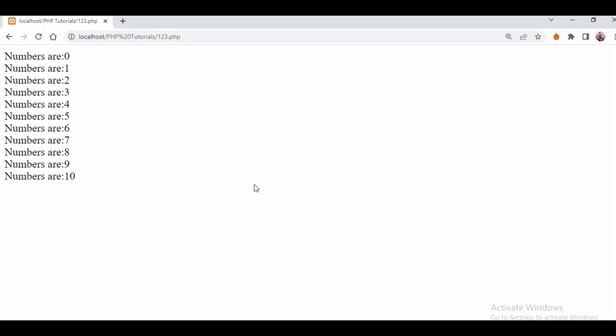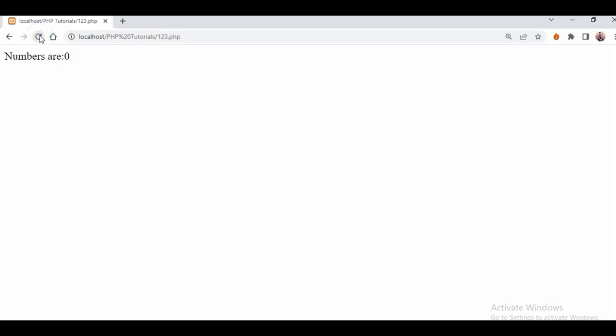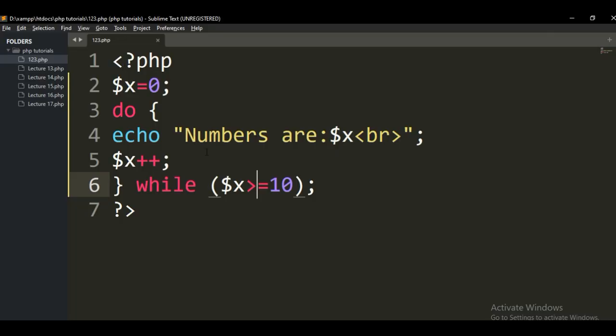Let me make the condition false. Let's see which part of the loop. As you see now, number 0 is always printing. As I told you, it will always print the first one, because it will check the condition last, while the while loop checks the condition first, then decides whether